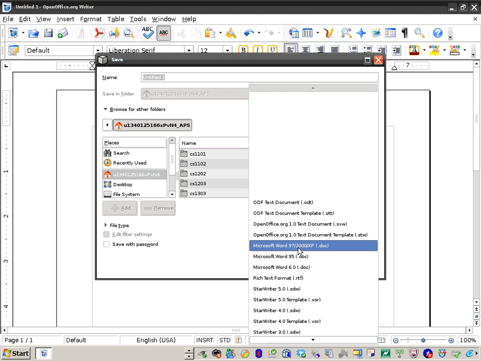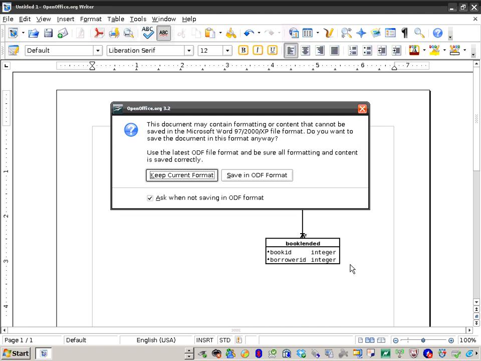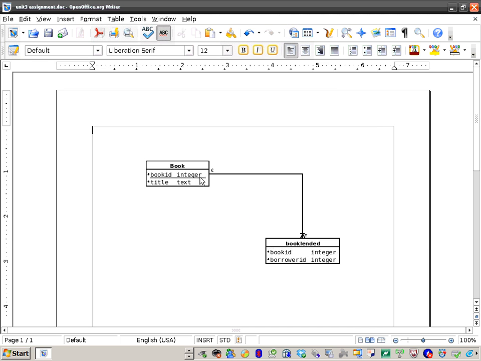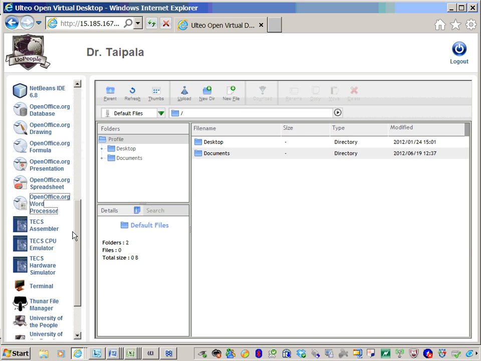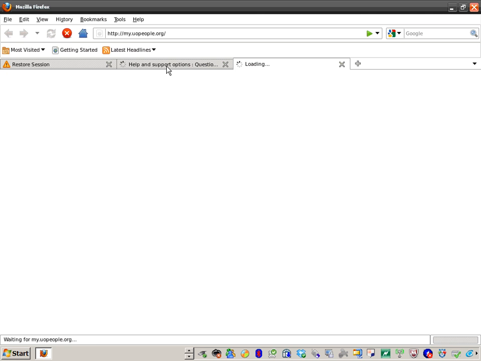So I'm going to pick the Word DOC format. I'm going to give it a name. So I'm going to call it my Unit 3 assignment. And click on Save. Now what we've been able to accomplish here is we've saved this as an assignment out there. Now all I have left to do is click on our course site,